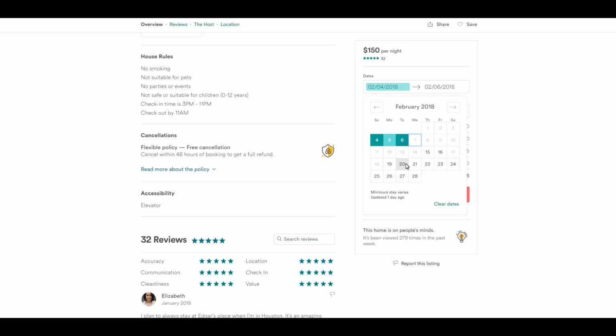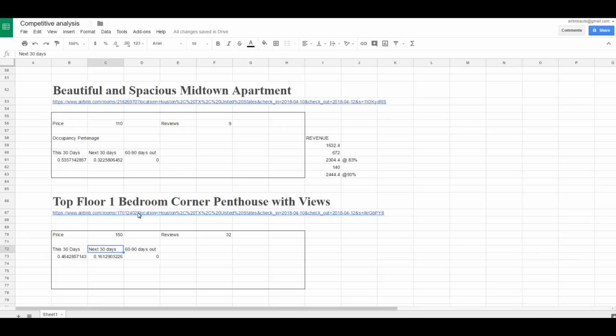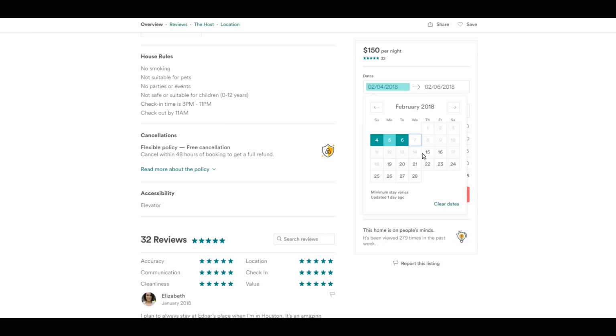right? Now, the fact that he's requiring a 2-day minimum stay, he's going to have a hard time booking these 2 days at full rate, and he's going to have a hard time booking these 3 days at full rate just because it's last minute. I know how much I have to drop my prices in order to stay fully occupied. He'll probably pick up another booking or two up here, but the problem now is with his strategy, he's got $150 a night